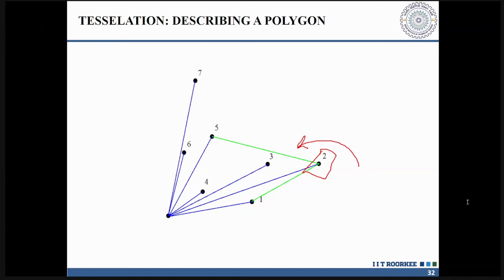What is a polygon? The starting point should end up with the first point. You have to start from 0. From this point, 0. So 0 to 1, 1 to 2, 2 to 5, 5 to 6, 6 to 0. No, point number 7 has not been included. Anyone else?